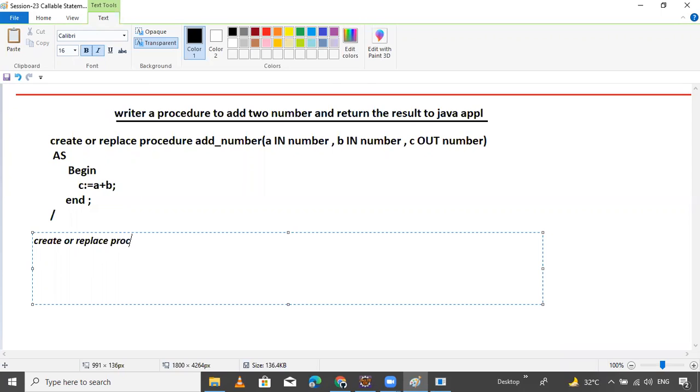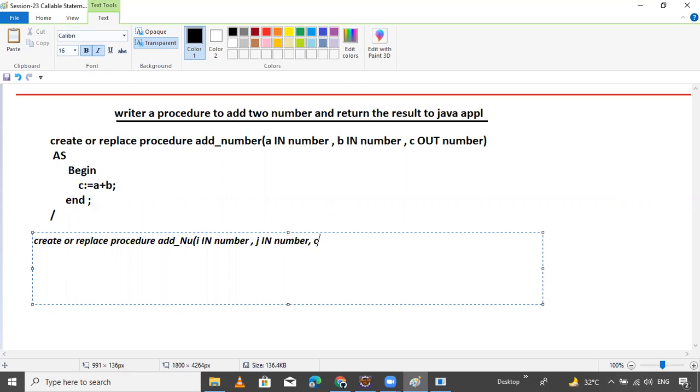So procedure add number. Instead of A you can change. Suppose I is in type, data type number, and J is also in type, because we should have two variables for the adding purpose.